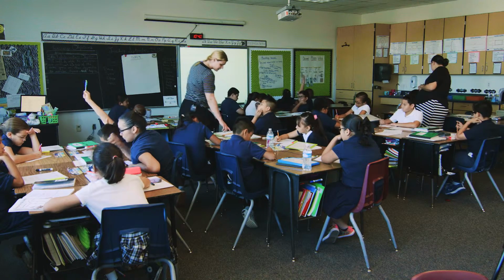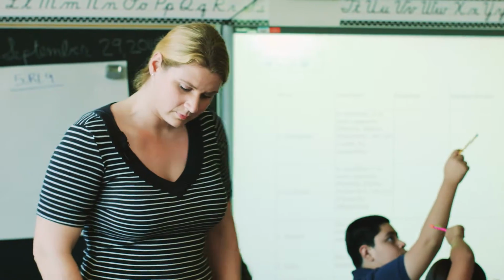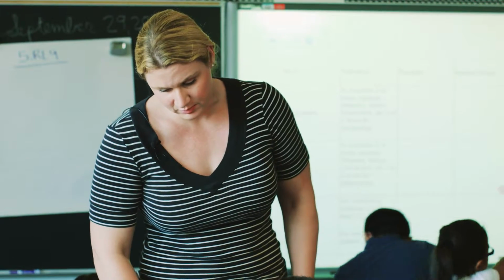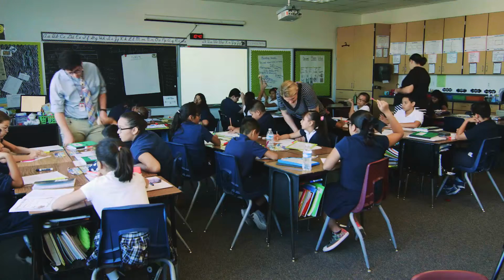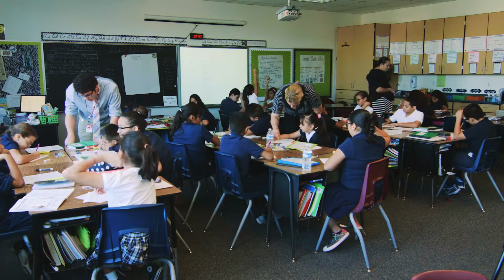Okay, so what example can you think of? Okay, so let's go ahead and write that down. What did you come up with? I'm doing two princesses, which is Belle and Jasmine. Okay.